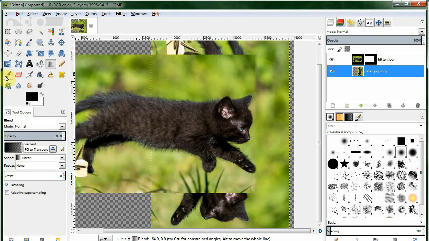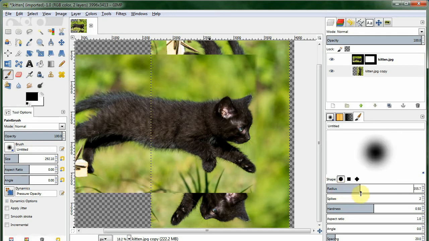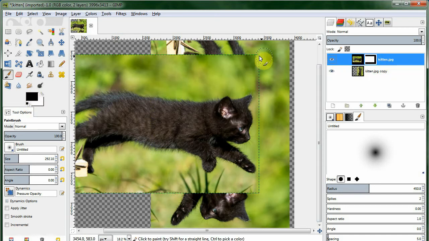Now let's get a paintbrush here, and let's make a new brush. Make it about 450 pixels. And put the hardness all the way down to 0. And change the spacing to 5. We can actually type it here. 5, okay? And now we have a very soft brush that we can use to paint with black. We need to make sure we're always on our mask layer here. We click on the mask,